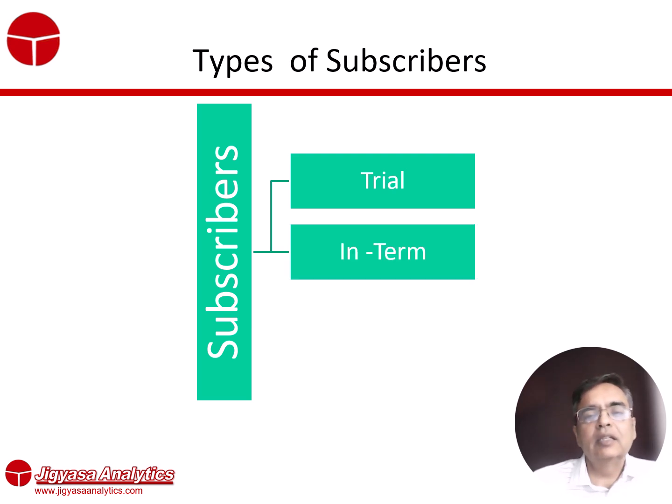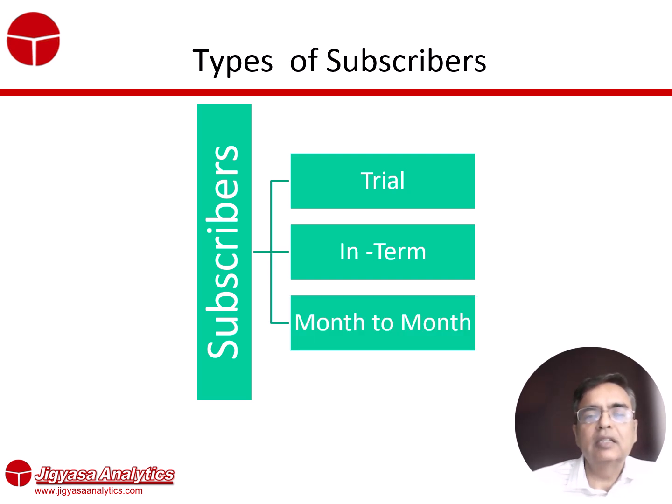And then once after the trial, the natural progression is in term. So this is when the customer has committed to taking on the service and paying for it, and there is a term for the service. It could be 6 months, a year, it could be 2 years, 3 years, but there is a term for the relationship. And then the third